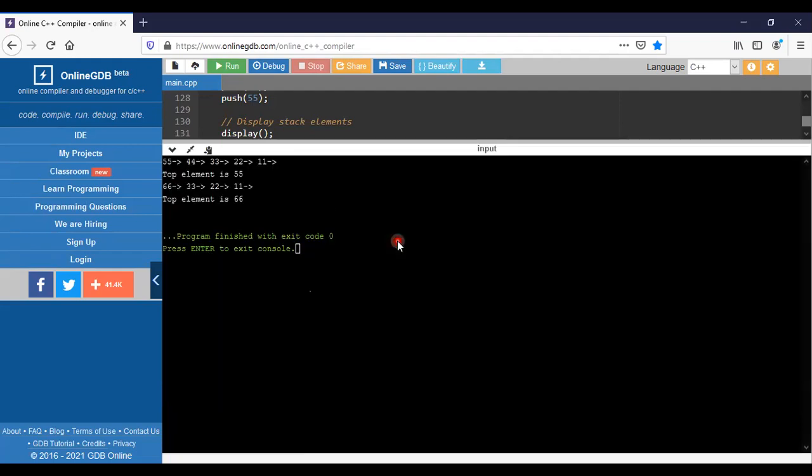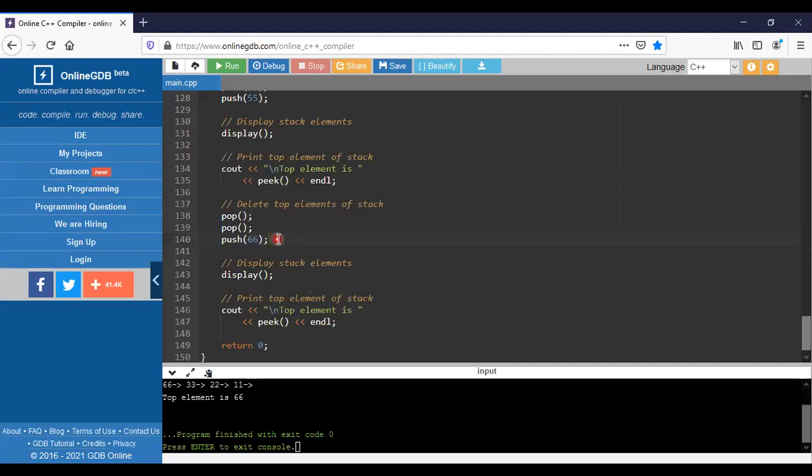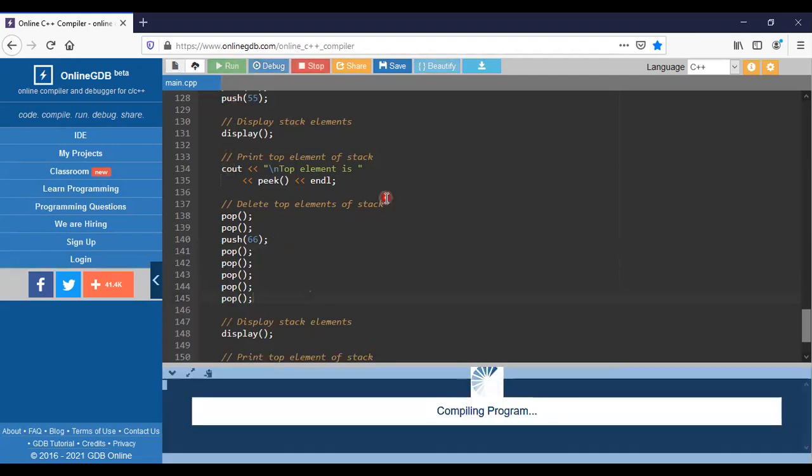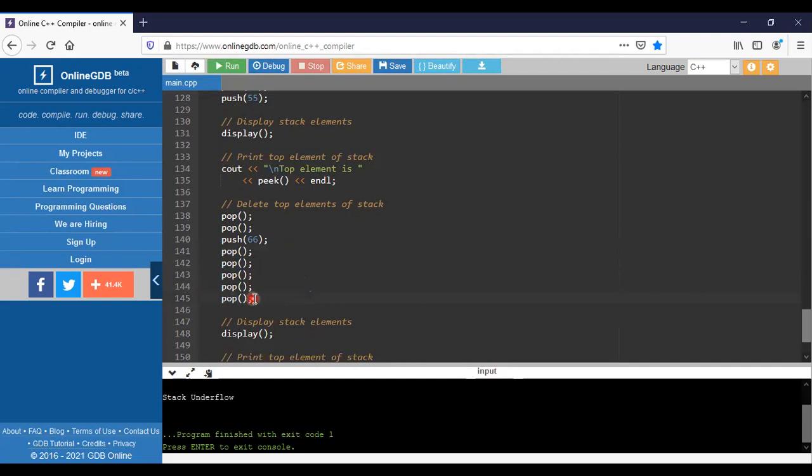For example, suppose you have been performing pop continuously, four times, so you have deleted all four values, and you try to delete another value.